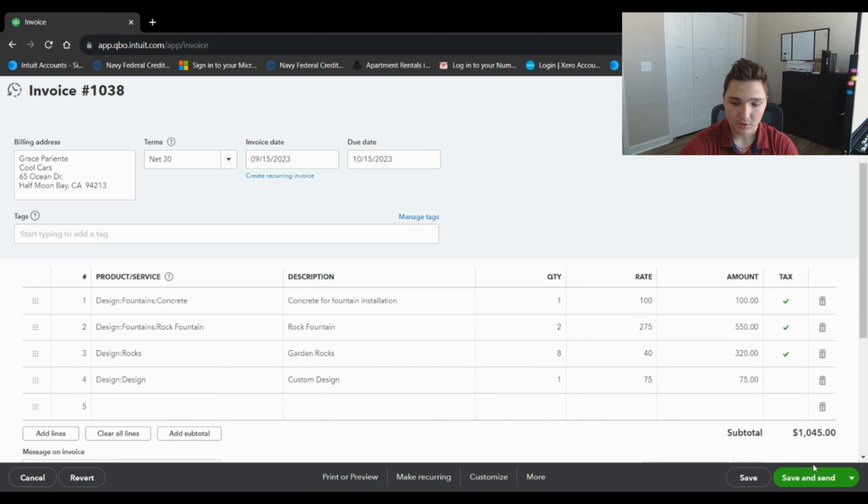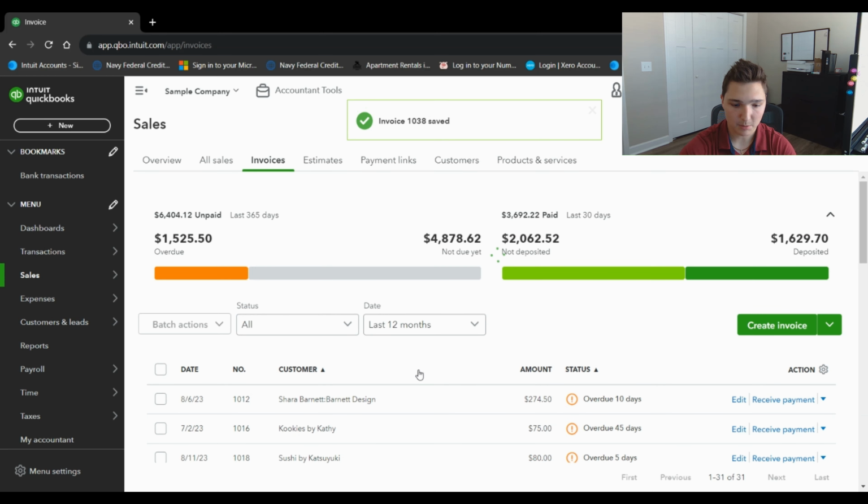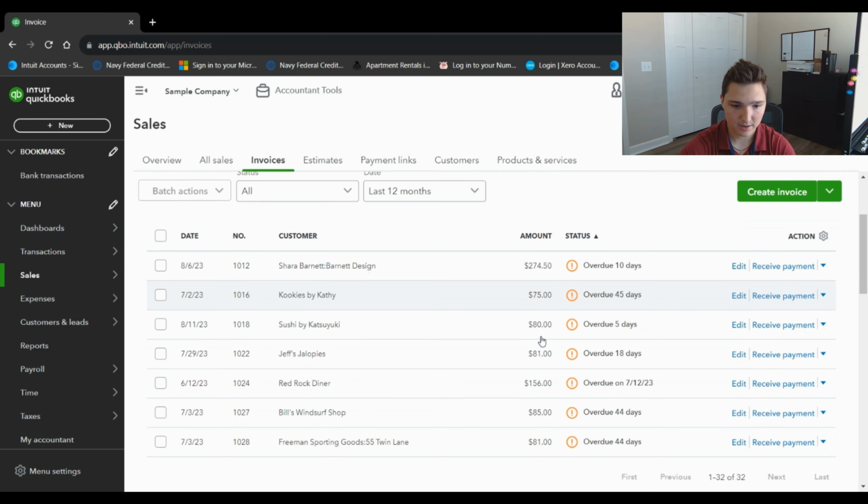From here, if you're looking to send your invoice to a customer, you can go down to the green button. You can do save and send, save and close, save and new. So if you save and share the link, then it's going to give your customer a link to the invoice. You can also save and close it here. And then it's going to pop up right down